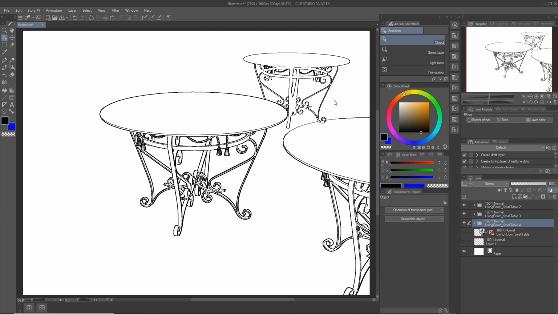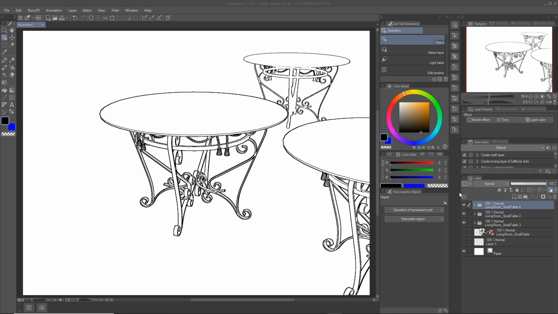And hit OK. And as you can see, the layering isn't quite right because this foreground table is behind this background table, which doesn't make any sense. So I'm going to pull this folder to the top so that it's the foreground element. And just like that, you can create a 2D scene with a lot of ornate tables, something that would take a lot longer to do by hand.